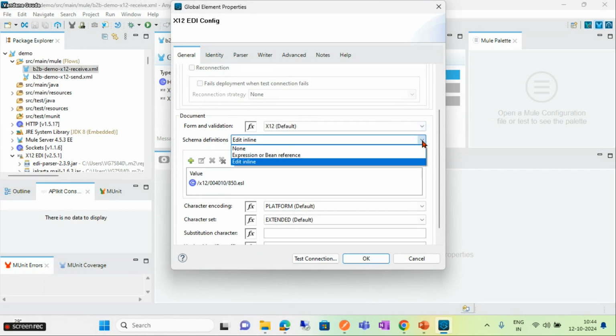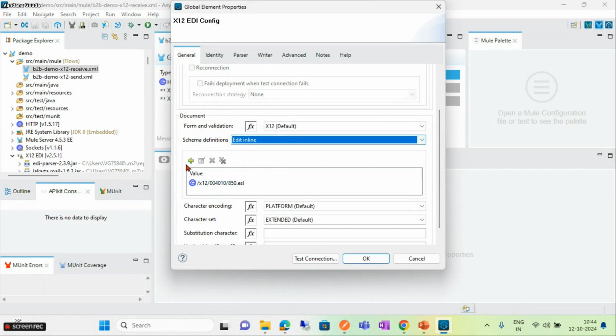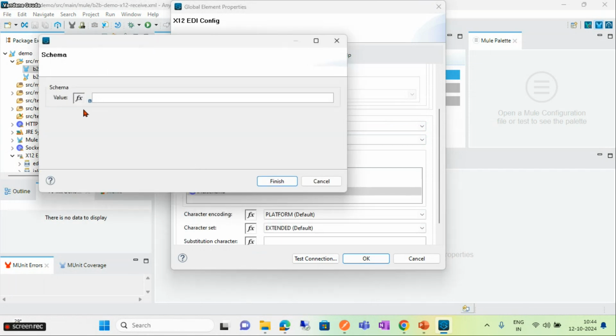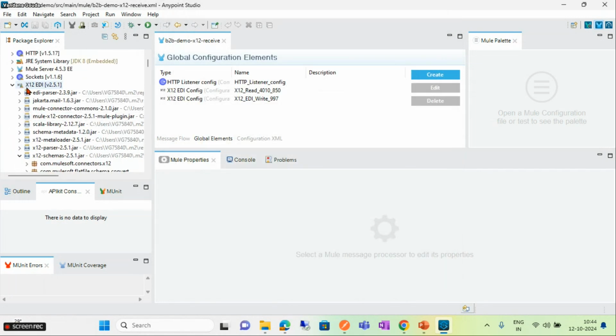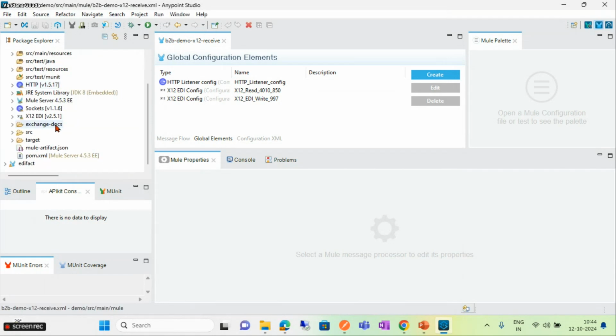You need to select the schema definition first, edit inline, then select plus, and here you need to type the value. For example, where we store this schema, we stored it in X12 004010 850, right? So go here, EDI, this connector in